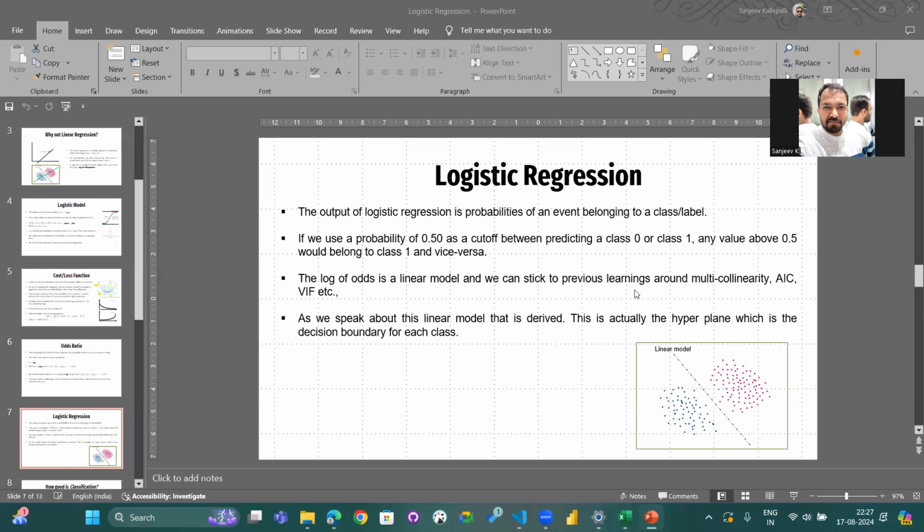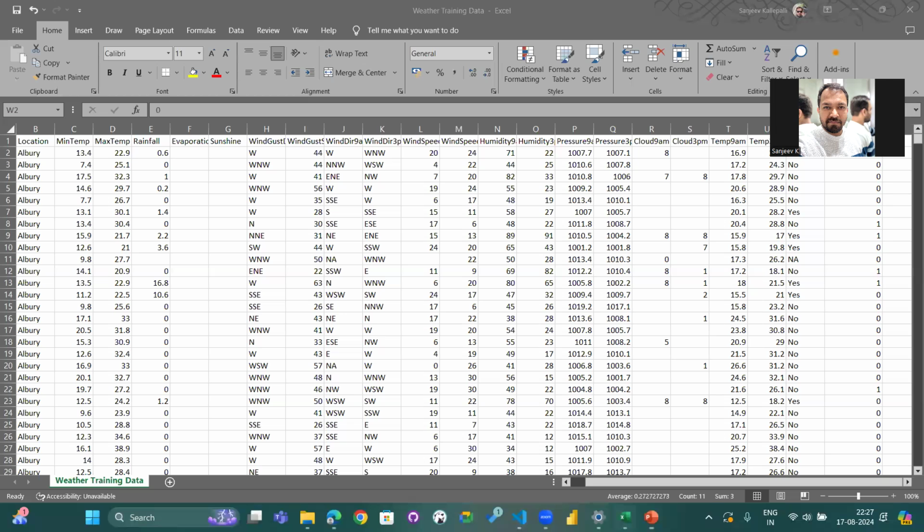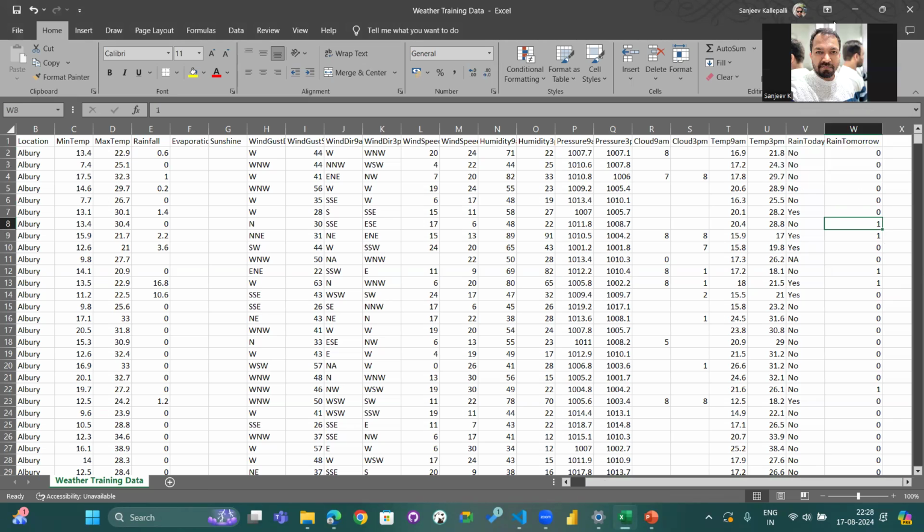Let's start with implementing logistic regression using Python. I'm going to take a simple data set around the Australian weather, and we are here to classify these records into ones and zeros. One means that it is going to rain tomorrow, and zero means it is not going to rain tomorrow. So our target column is rain tomorrow. This is a supervised learning technique, and we are going to use logistic regression for classifying all these records